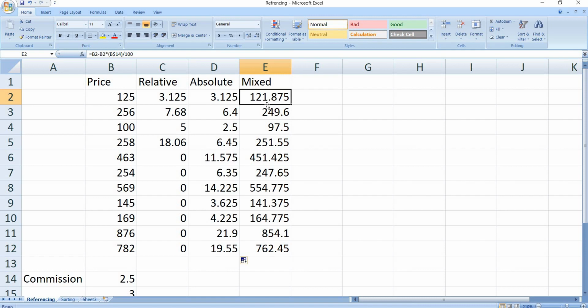The same calculation is applied on B2, the same calculation applied on B3, B4, and B5. But one thing is fixed. What is fixed? The row number, that is the 14th row, B14. Because of that, the calculation is carried out with the commission of 2.5%.